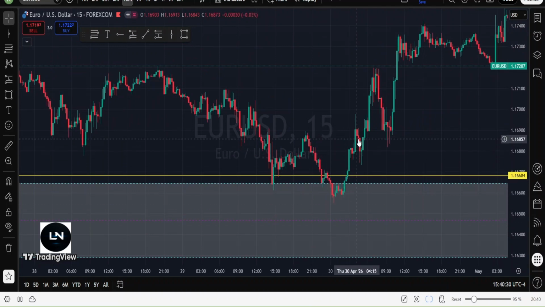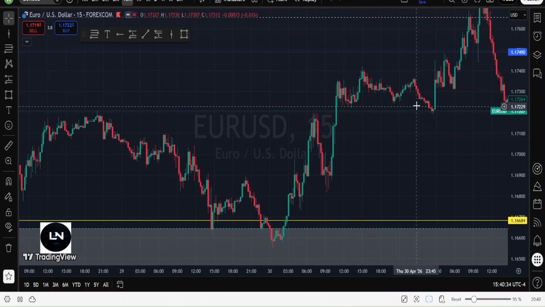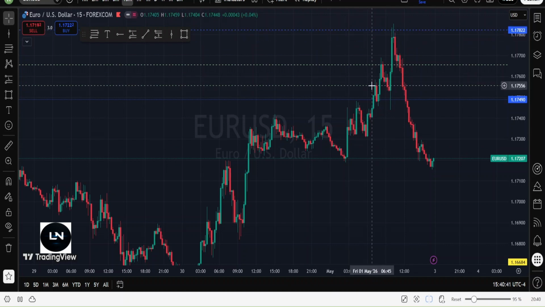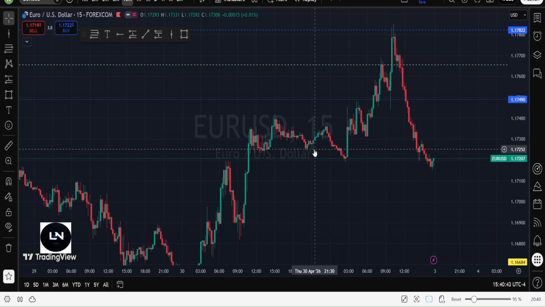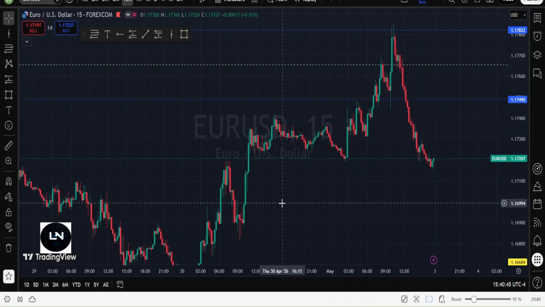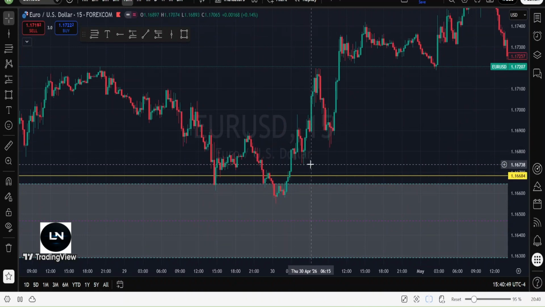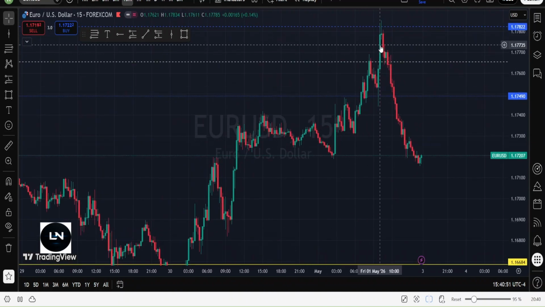We got a displacement. Price tapped into the fair value gap and started to rally up on the upside, targeting the areas we've mapped out, which was a weekly order block. So everything about Euro USD delivered completely, starting from this level, gave us an entry and delivered to the upside,